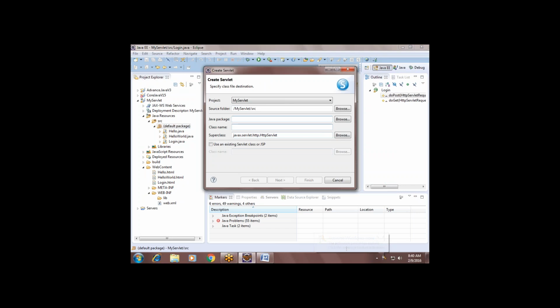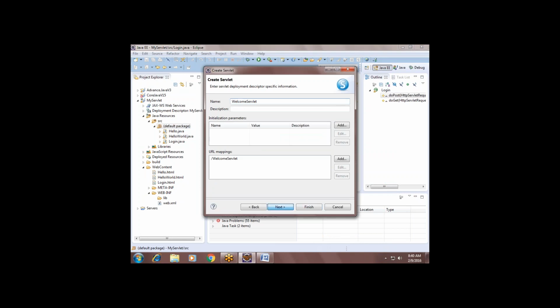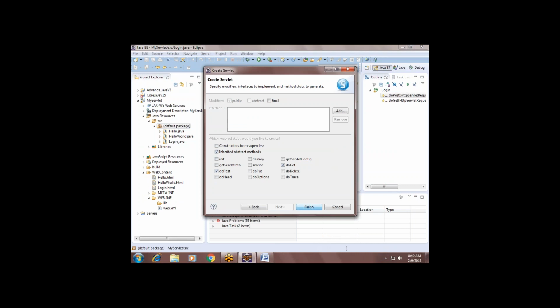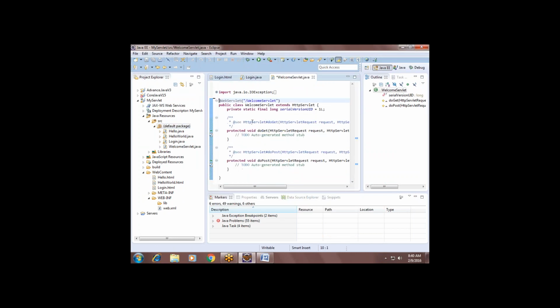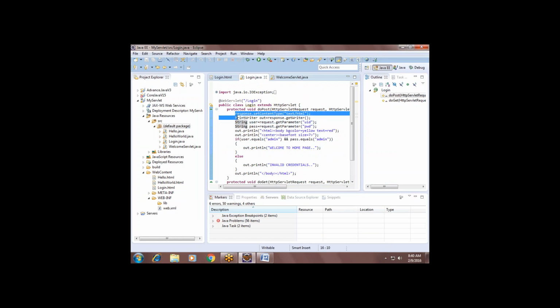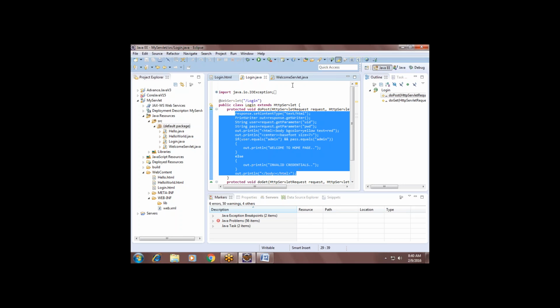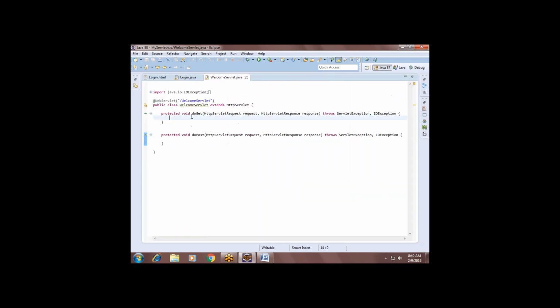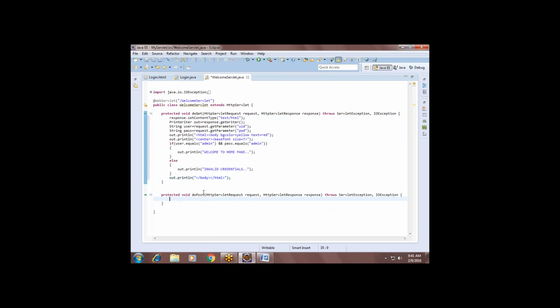a servlet called WelcomeServlet. Welcome servlet with doGet and doPost. From doGet you need to call doPost, with request comma response, right?